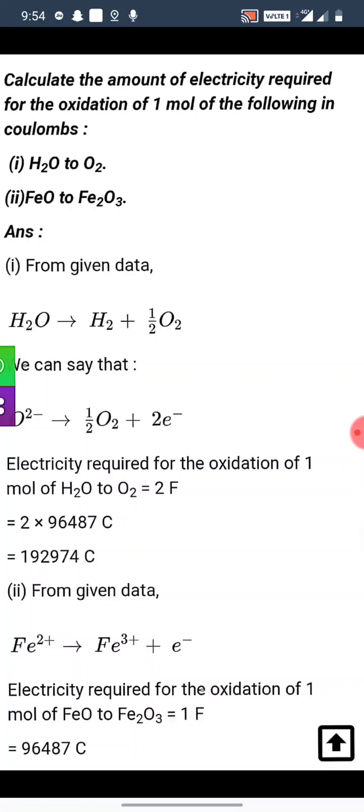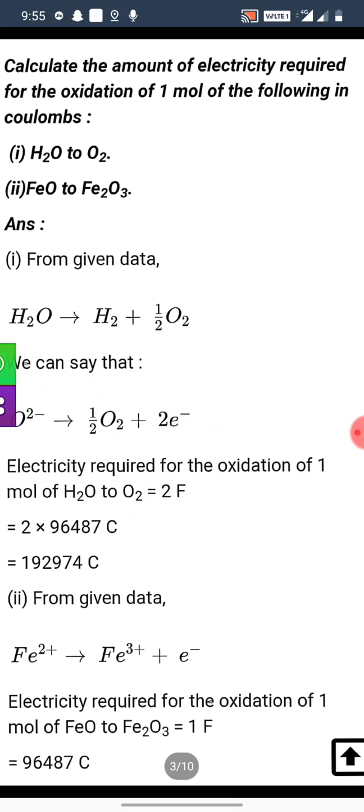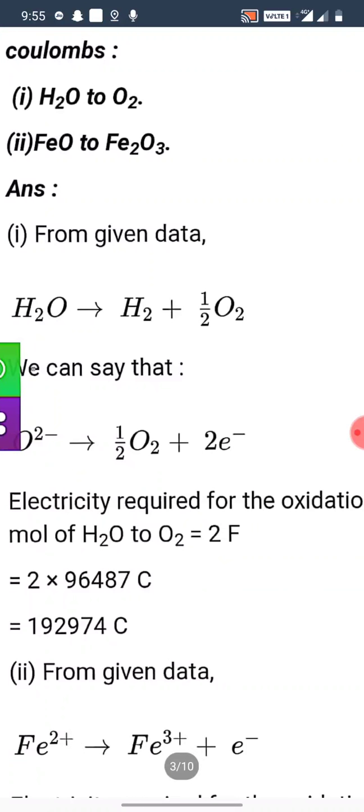Now moving on to the next numerical from NCERT. The numerical is: calculate the amount of electricity required for the oxidation of 1 mole of the following, in coulombs. So the first part is conversion of H2O to O2 and the second part is conversion of FeO